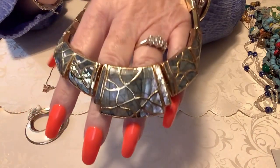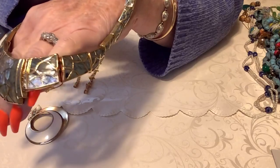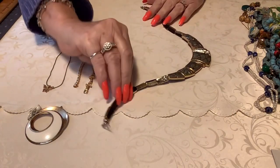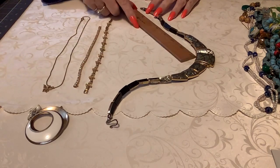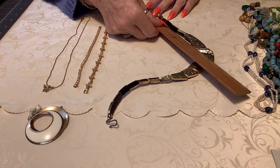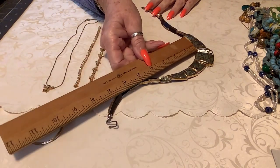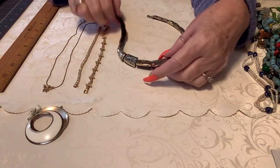It's very pretty. The pieces are connected here. It's just really pretty. Hold on here, I'll measure it for you if I can. I'll measure it like this. So we'll go from here to here. It's about 15 inches, 14 and a half, 15 inches. So it's not real big. So this right here